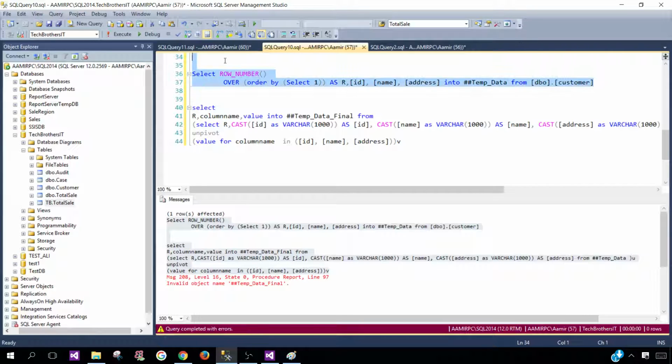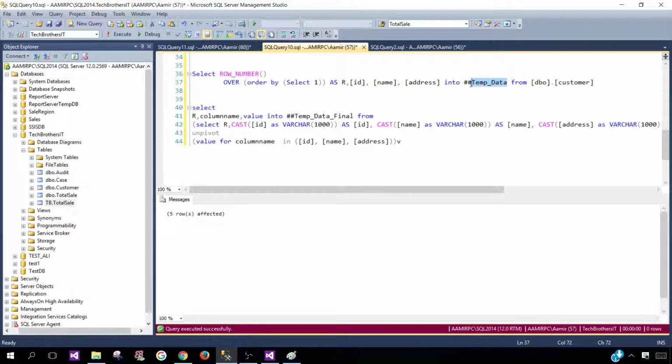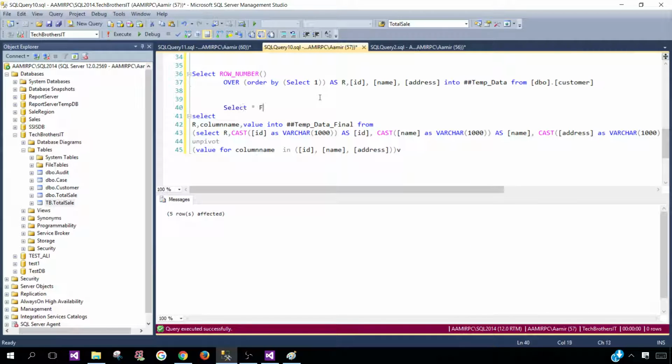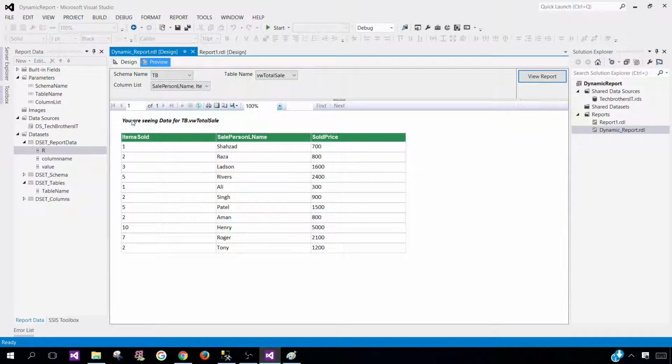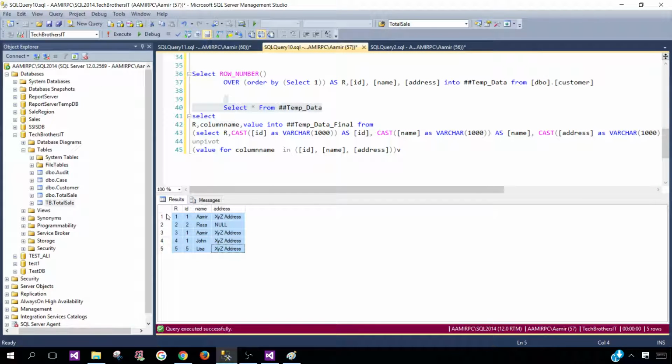So first of all, you will see it will take the data from your table and write into the temp data table and add the row number to it, because that's also important when you are doing unpivot, and we want to have these row numbers because these three columns will become the rows, and this row number is going to help because without that we can't really create this matrix here. So now you see that we have 5 total records right here,